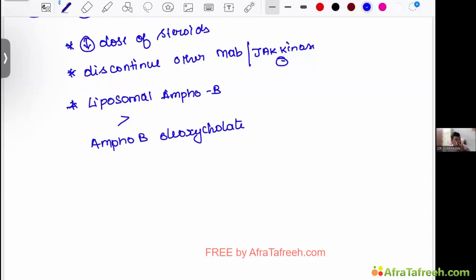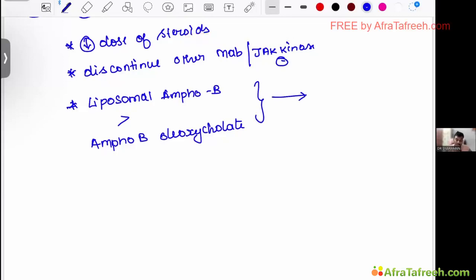Liposomal amphotericin B is more important than amphotericin B deoxycholate. Why this is important: liposomal amphotericin B has fewer side effects and less renal worsening. If you want anything else added, it is for patients who are intolerant to amphotericin B, because you have to monitor potassium and creatinine every day in patients on liposomal amphotericin B. For that reason, you can go for